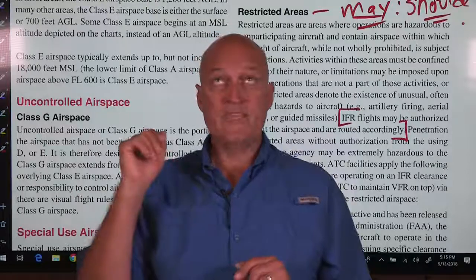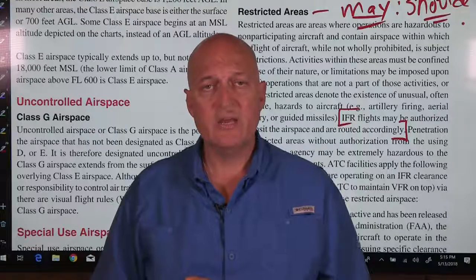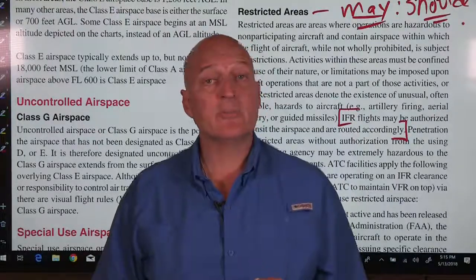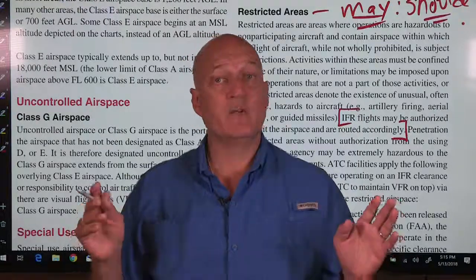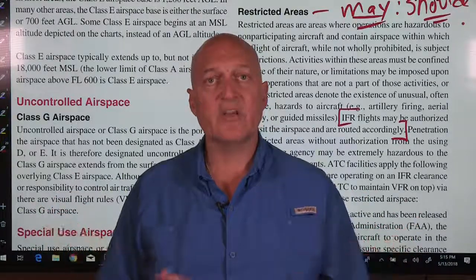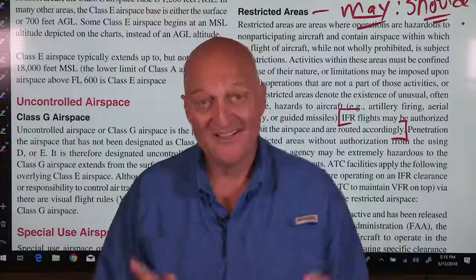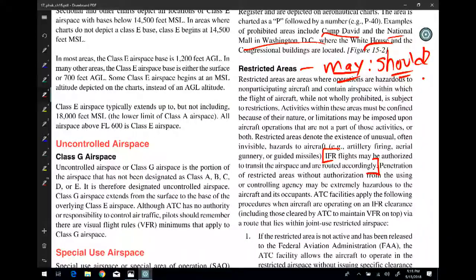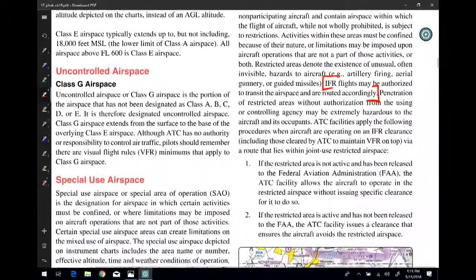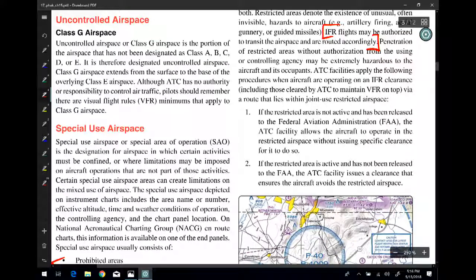Also, if I have a flight plan that shows my route through a restricted area, when I get closer to that, I am going to be talking to ATC and say, listen, by the way, just so you know, I'm paying attention here. I do see my routing going over this restricted area. Are we good? I'm going to ask. So just check. Okay? So here's the way that you can do it. You can look at these areas here.